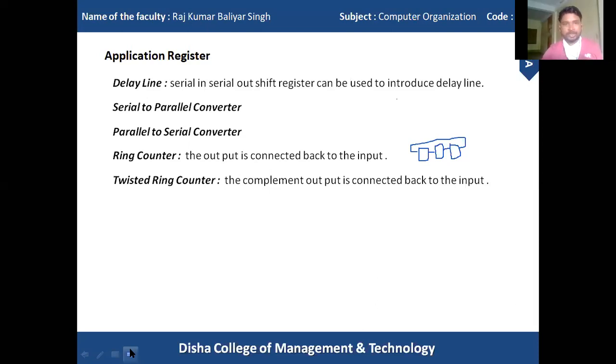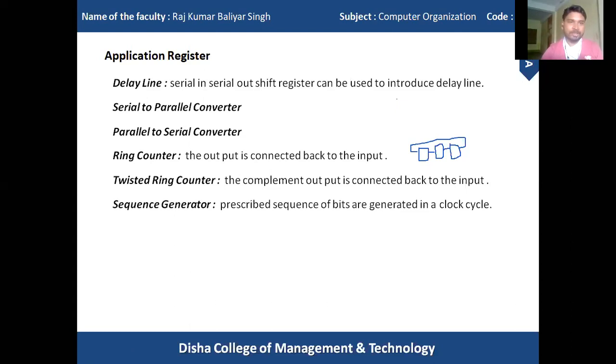So we have another application that is called twisted ring counter. In case of twisted ring counter, if the complement of the output, the Q complement, is connected back in series to the input, that is called twisted. So instead of Q here, if I connect this Q not as its input terminal, then it is called twisted ring counter. Then another application of register is sequence generator.